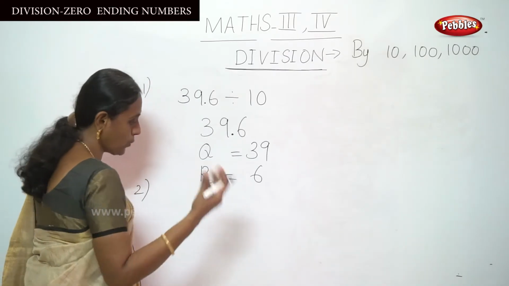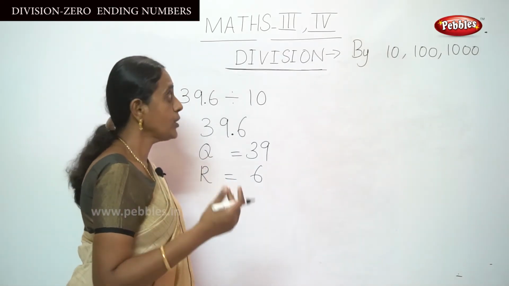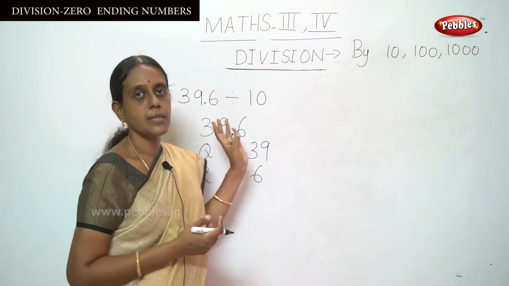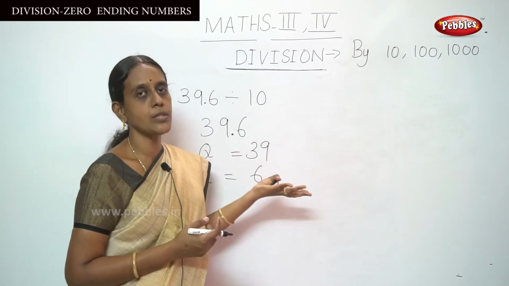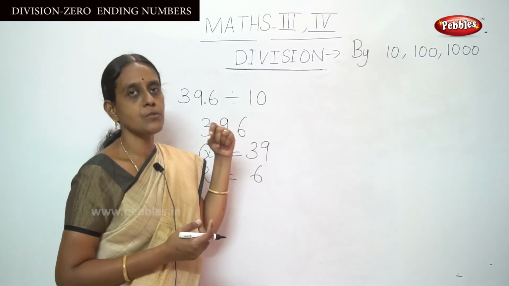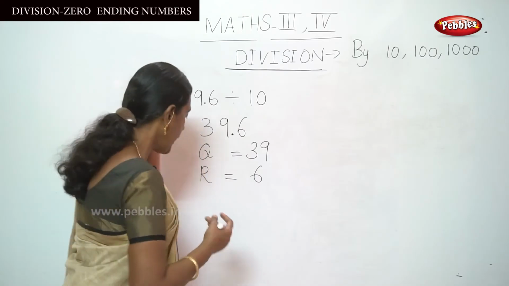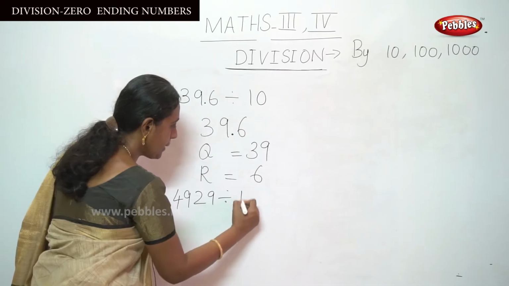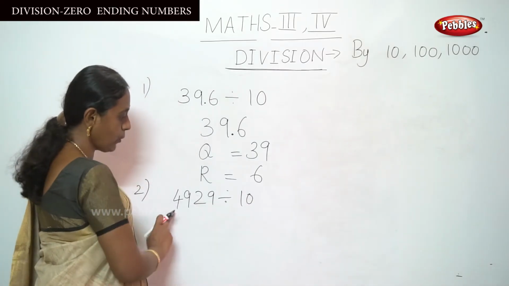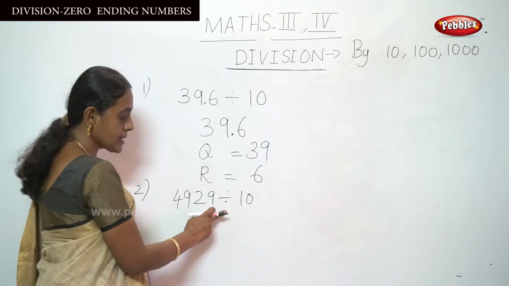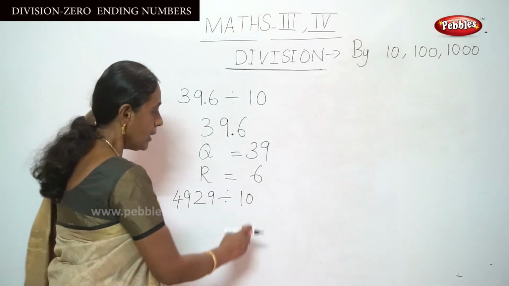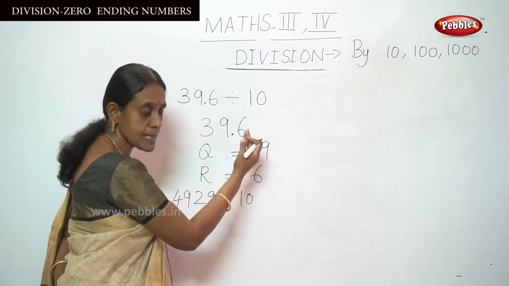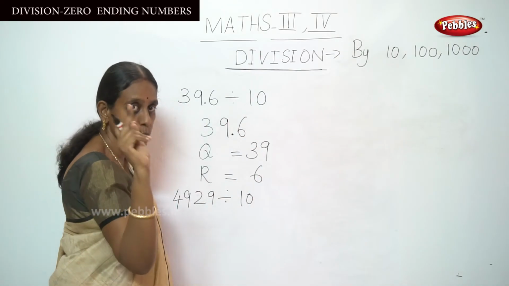For any number that is 4-digit or 5-digit, more than your grade level, 3rd standard, which is only 3-digit numbers, from single digit, 2-digit to 3-digit up to 4-digit. The question is 4929 divided by 10. You should count the number of zeros here, similar to our previous sum. Here count the zero, that is 1.